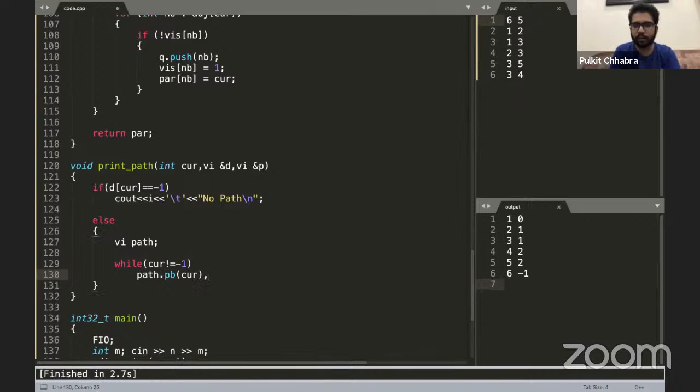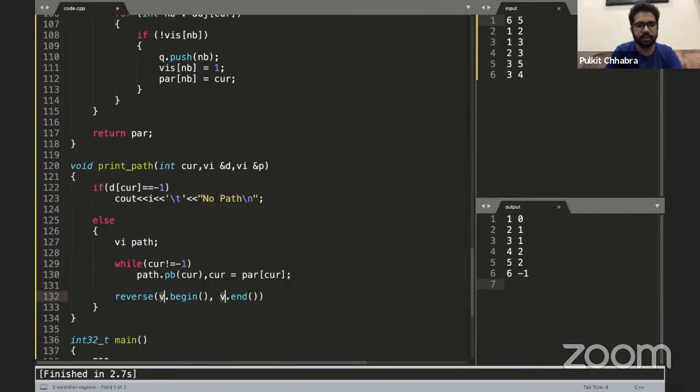So path dot push_back current, and current equals parent of current. I push the current value and assign the parent of current to current. I'll explain it using an example in a minute. Once I have the path, it will be in reverse order, so I'll just reverse it. Now I have the original path.